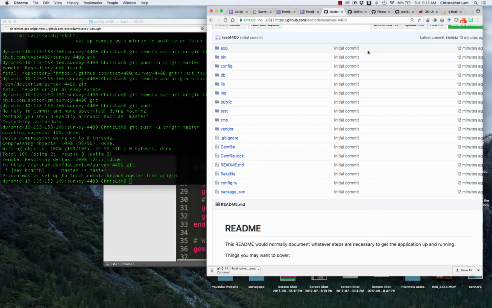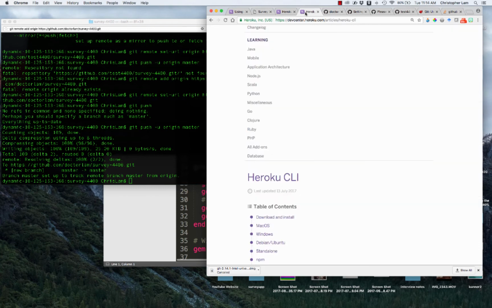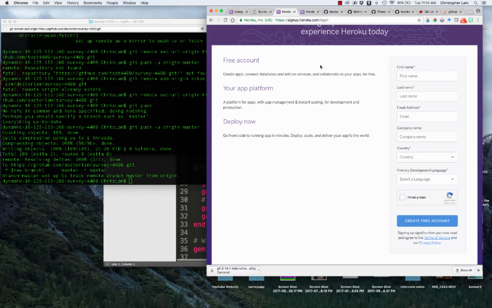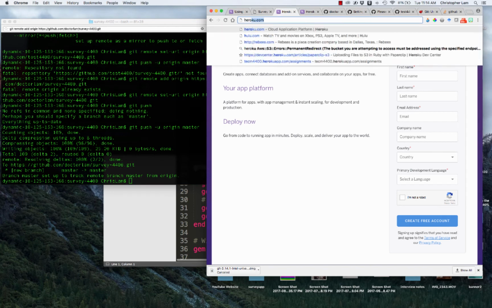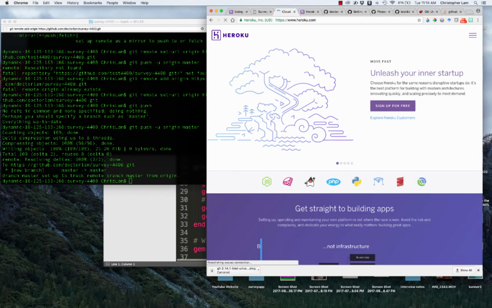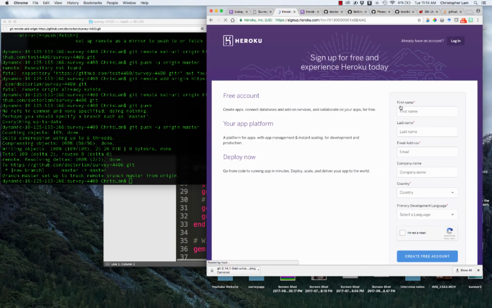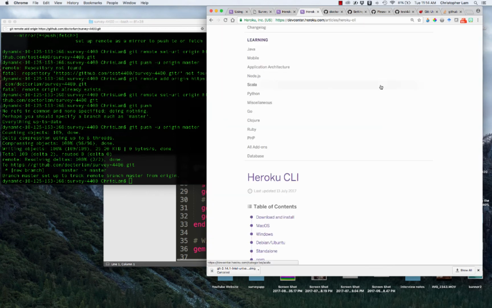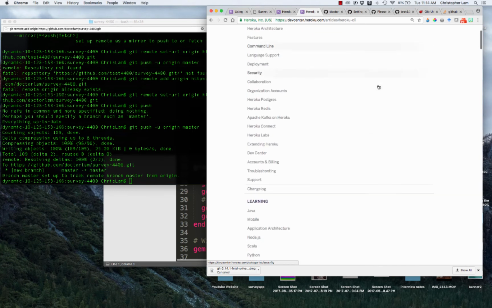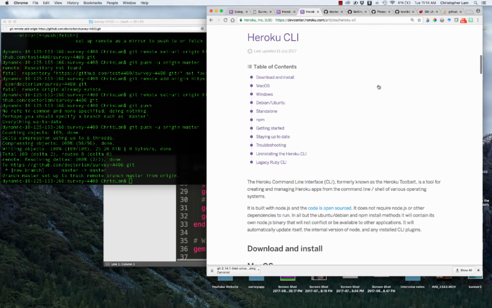So the next thing we need to do is sign up for Heroku and set up Heroku. So that's a multi-step process. The first process is to just go to Heroku.com and go to sign up for free and go ahead and sign up. I'm not going to sign up with you because I already have an account. You can pause the video if you need to sign up for your account. So what we're going to do now is the second thing we'll do, and I'll link all of these things to